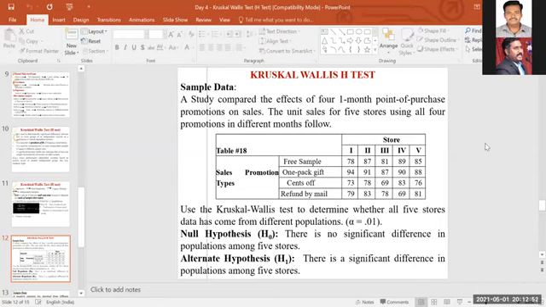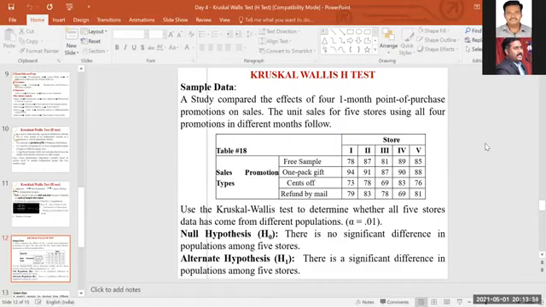Okay, suppose you take this same sample data for a 2-way analysis also. Again, you can frame another null hypothesis. What about: is there any significant difference in the sales from the particular population among the different sales promotion types? There is a significance in sales or in the populations among the 4 sales promotion types. That also you can do. But in this sample data, they told you to test the dependent variable only on the one independent variable which has more than 3 categories. Here there are not 3 stores, there are 5 stores. So that's why I framed the hypothesis only on one independent variable factor alone.